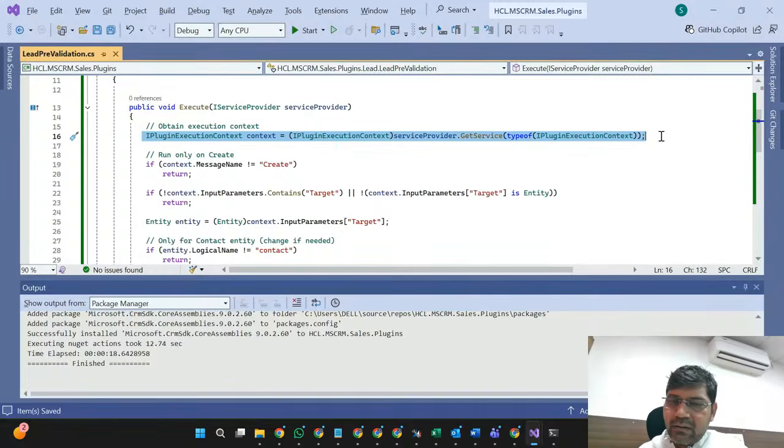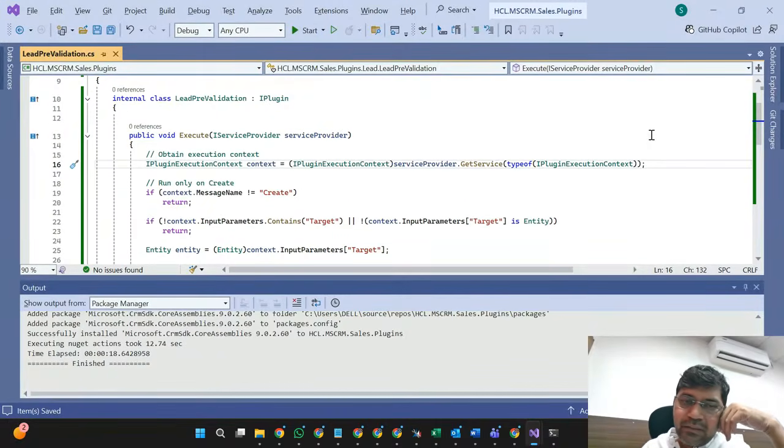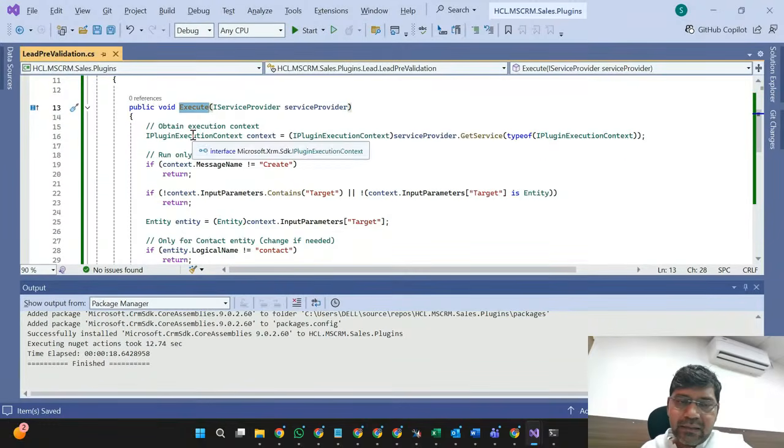Now some candidates may ask, why have we used GetService? Why have we written this type here? As I told you, based on Microsoft guidelines this is how we have to achieve it. Microsoft has given certain steps, that's why we are here to learn all those things. So this is the first method: under the plugin interface we should implement this Execute method so that we can write our code here itself.